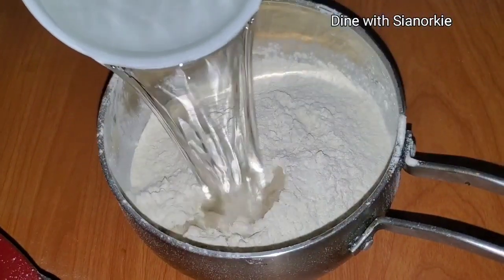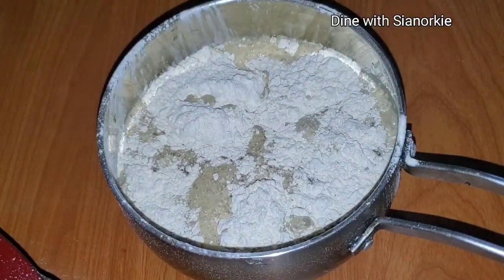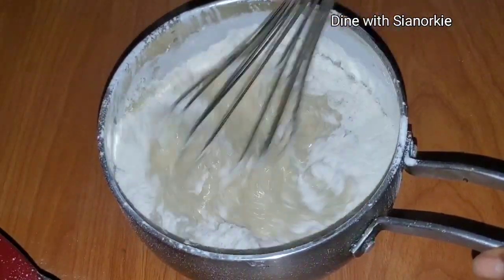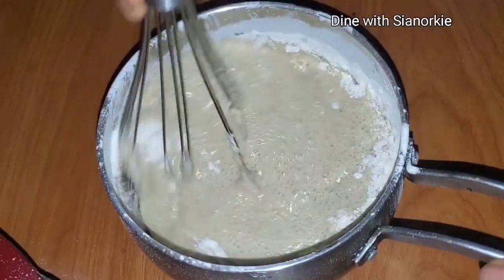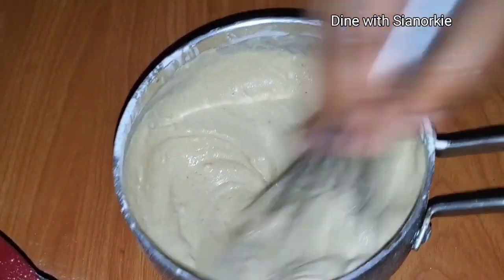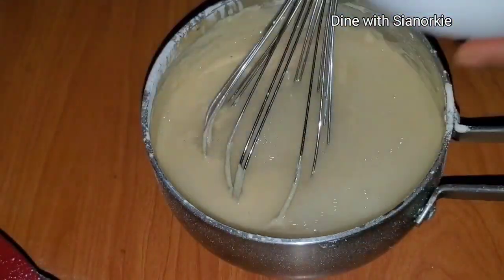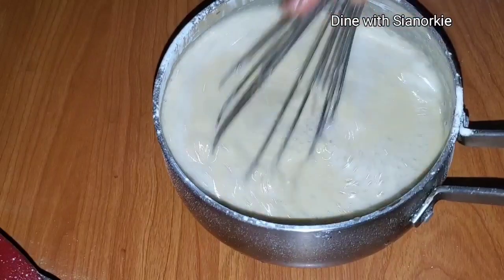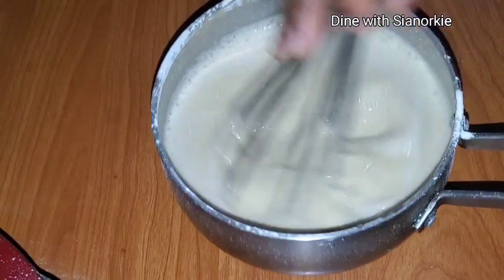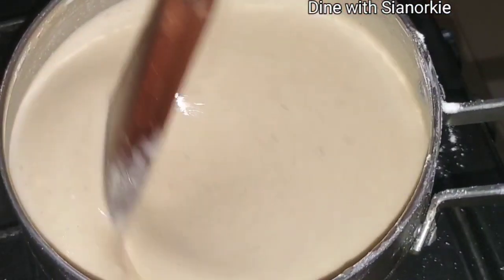So the first way is simply mixing the fufu flour with some water. So I measured about 2.5 cups of fufu flour and I used 3 cups of water to mix this. Initially I started with 2 cups of water. I noticed that it was too thick, so I added 1 more cup of water to this. Once that is done, I'll just go ahead and put it on my oven with the fire on, and I'll begin to stir